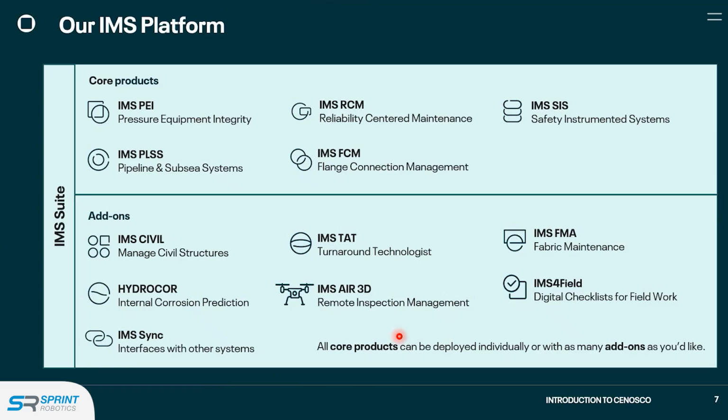Modules, I'm not going to cover every single one of them, just as a highlight. IMSPI is the module that I'm going to go into a little bit more detail today. That's related to pressure equipment integrity, RBI, corrosion calculations, barrier management, inspection planning, and execution. Very robust, one of the key products that we have within the IMS platform. Followed by RCM for reliability, which includes not only rotating, but electrical equipment and instrumentation.